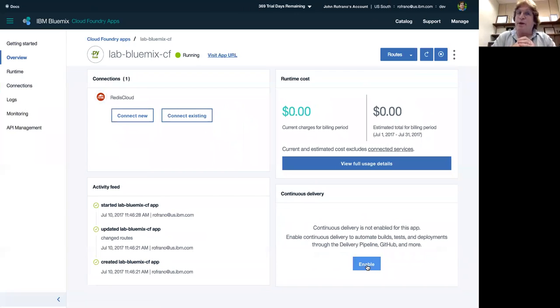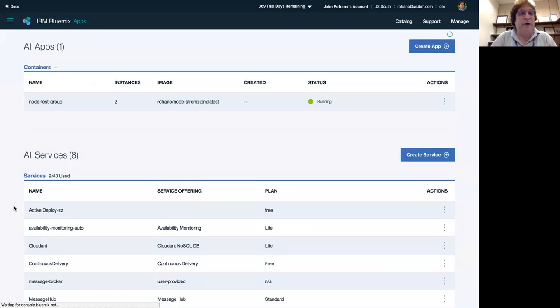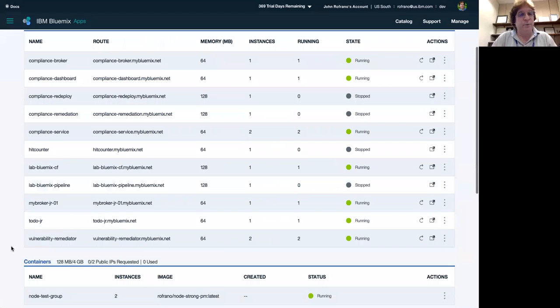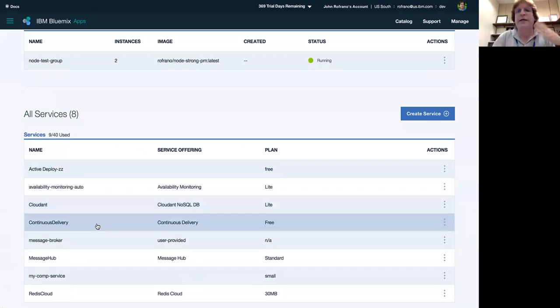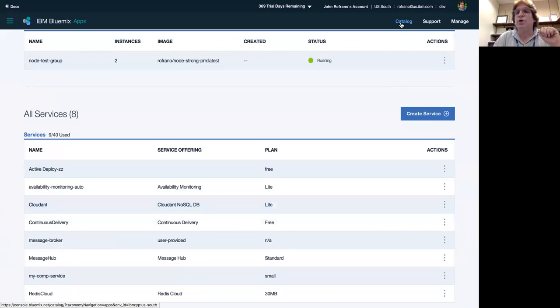Unfortunately, it won't use GitHub Enterprise, and we need to use GitHub Enterprise. So if you were just using regular GitHub, you can go off and do that, and it would work. But for GitHub Enterprise, we have a different way of solving this problem. And then once we solve it, we can go back here and get back to it. So resist the temptation to click Enable, because that will not take you to the right place. So I'm going to go back to my dashboard. Now, I already have continuous delivery in my services, right? So you can see here, as the screen refreshes, I got active deploy and availability monitoring and cloud, and here's continuous delivery. You're not going to have that the first time, although once you do it, it'll be in your services. So you would go up to catalog,